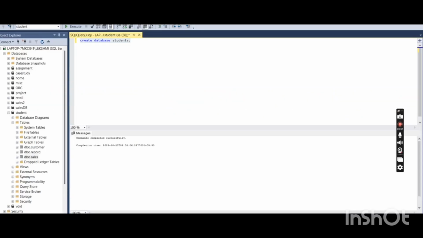So today I'm going to show you how to declare primary and foreign key in SQL Server. I've already created one database. I have to change it into students. Okay, then